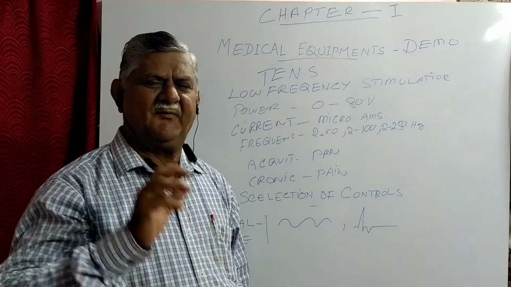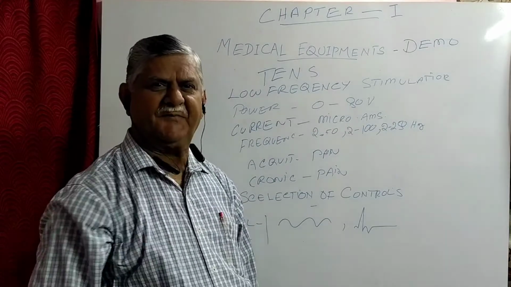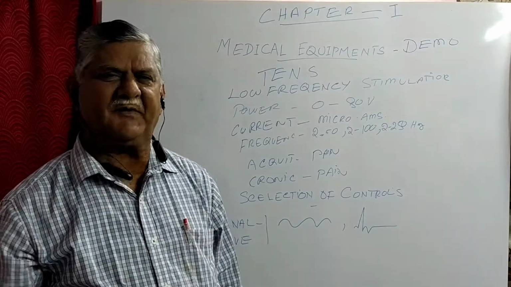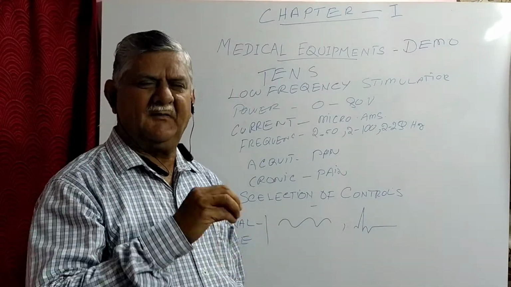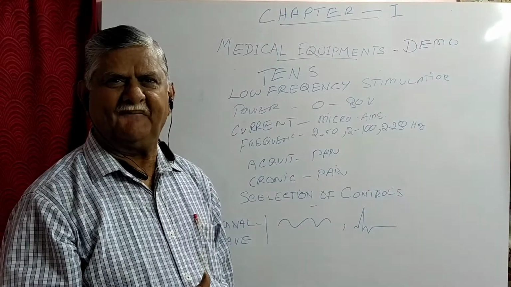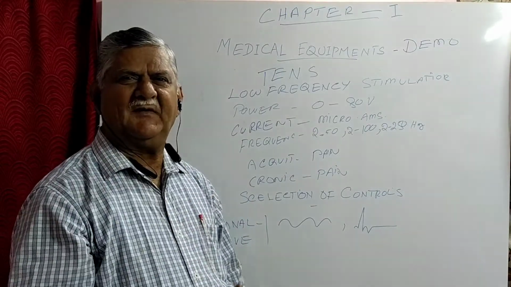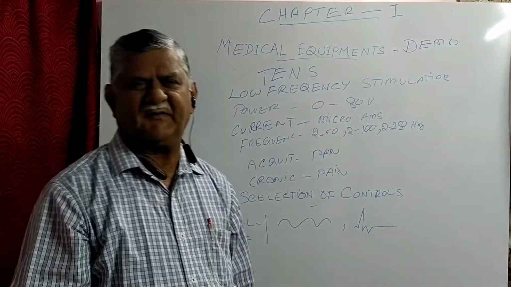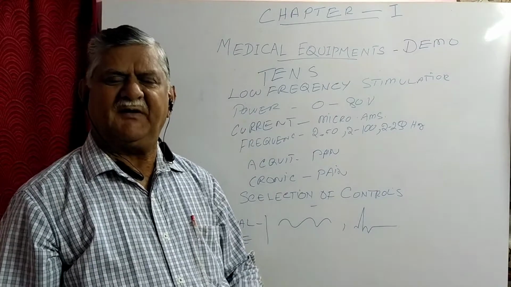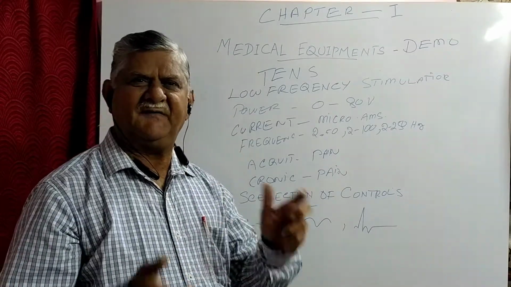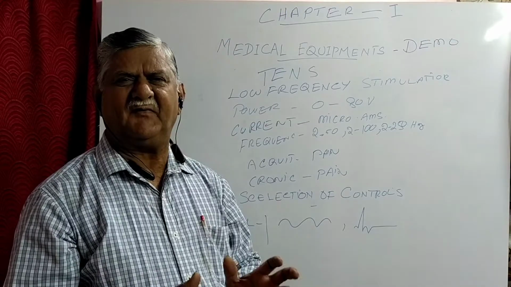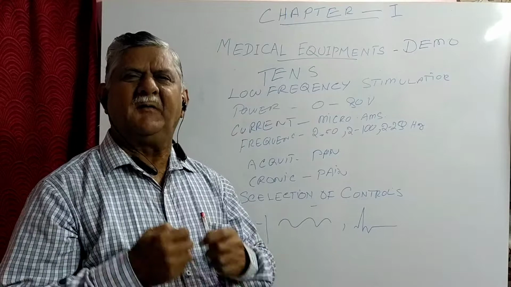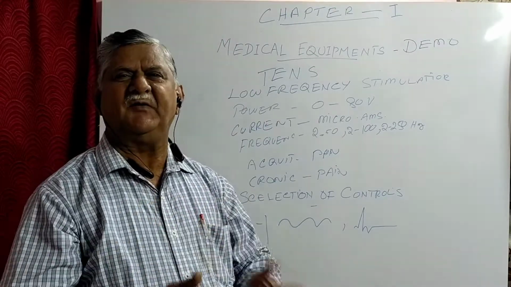And frequency is inversely proportional to the depth. That is, low frequency gives deeper penetration, high frequency is for superficial penetration. For deeper pain relieving, you have to give the low frequency. For superficial, you give the high frequency. So this is the basic concept of the TENS stimulation. And we can ask the patient which frequency and which voltage is sufficient for them, comfortable for them, and you can set it. Nowadays, the pocket TENS is a patient consumable item that they can use themselves.